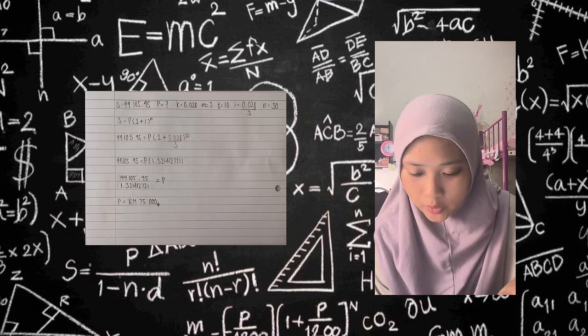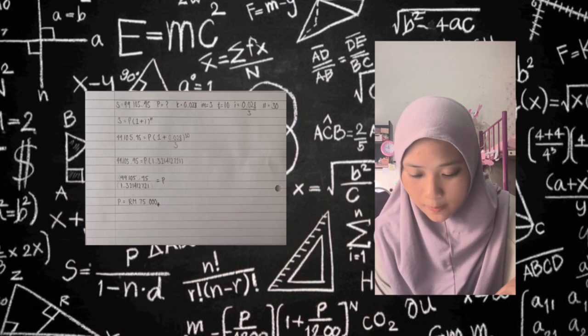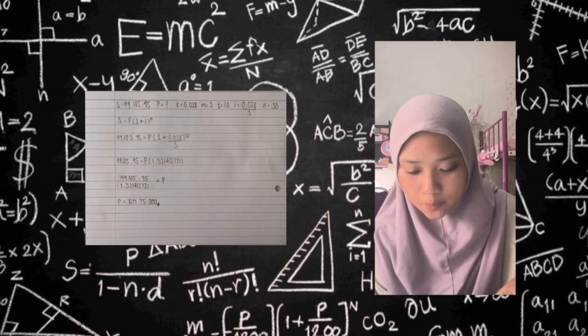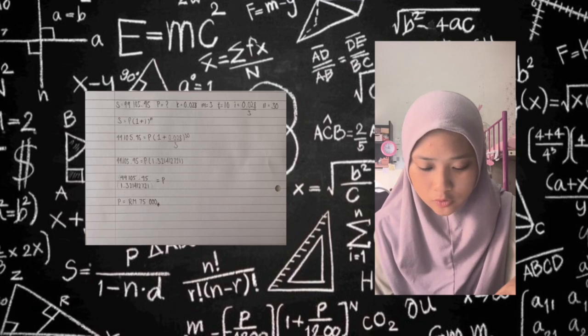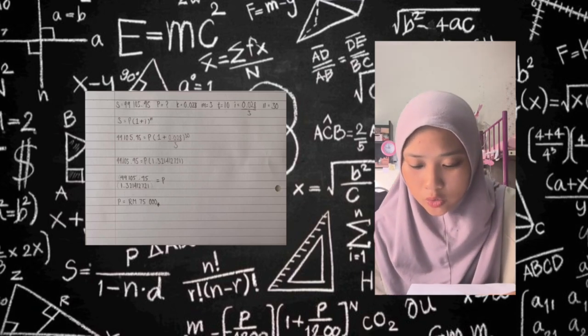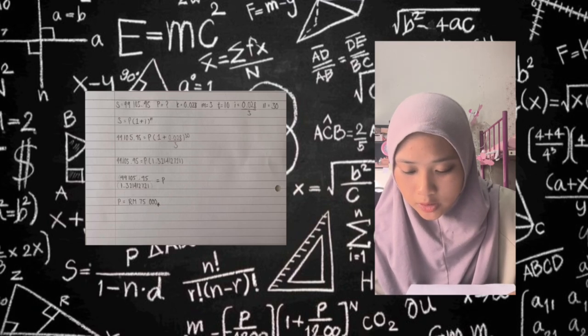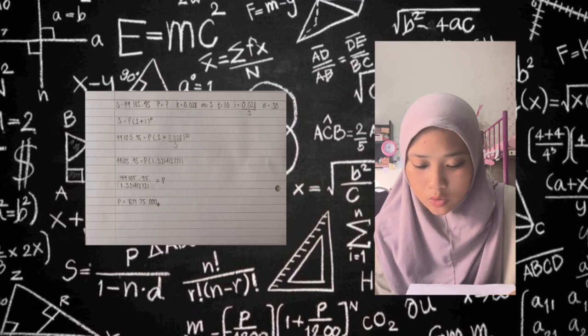And then you put in S equals 99,105.95, and then equals P, there is no value for P, then 1 plus 0.028 per 3 power n, 30. And then you will get 99,105.95 equals P